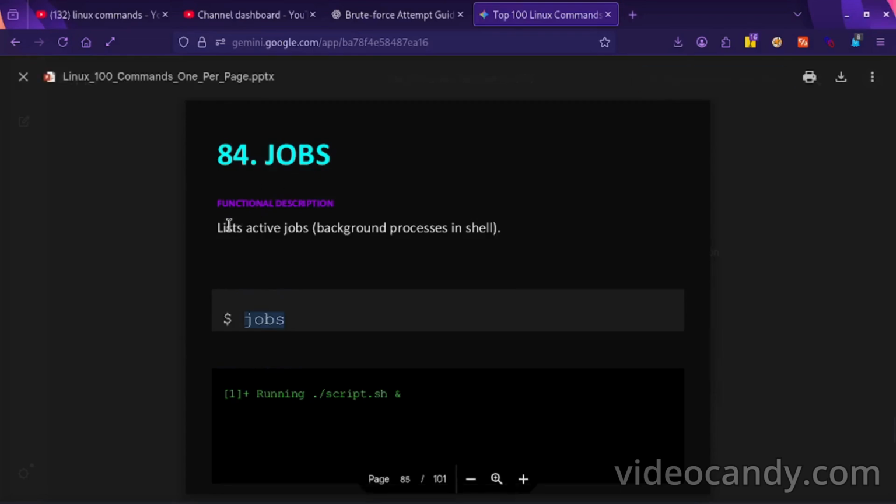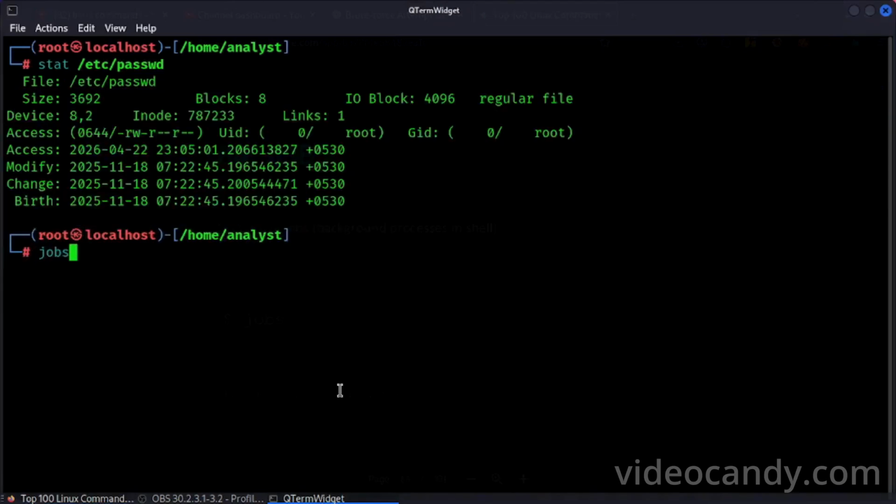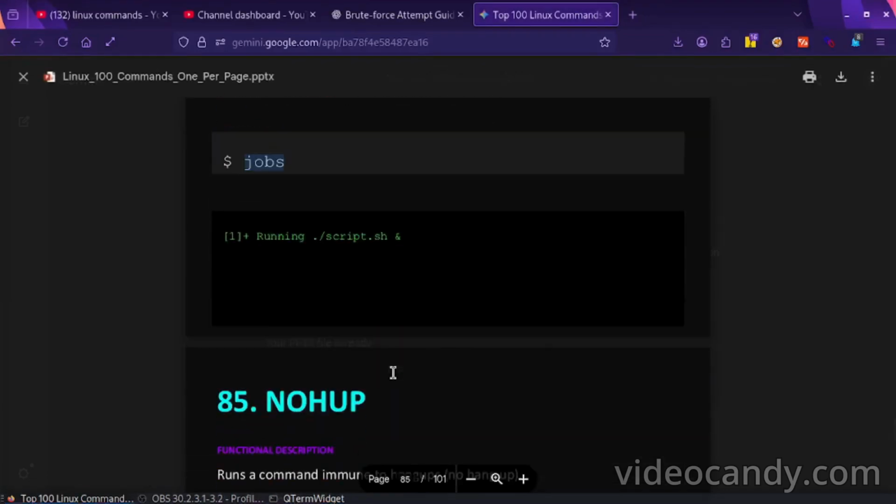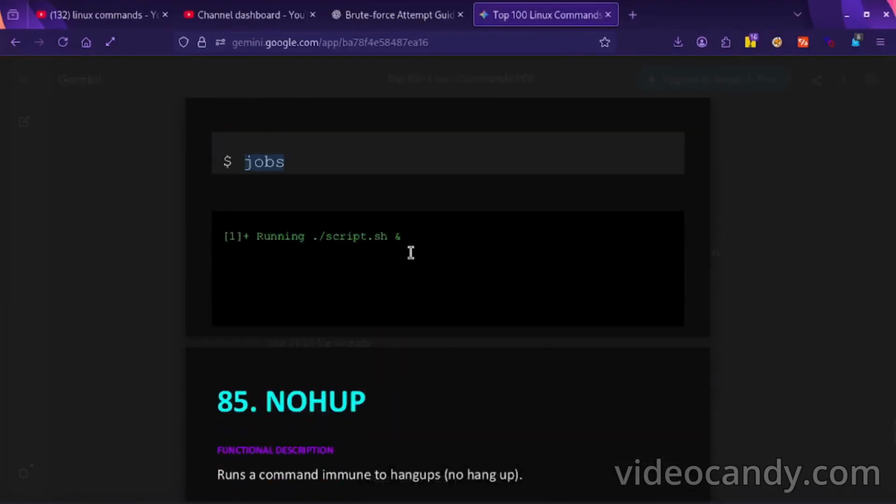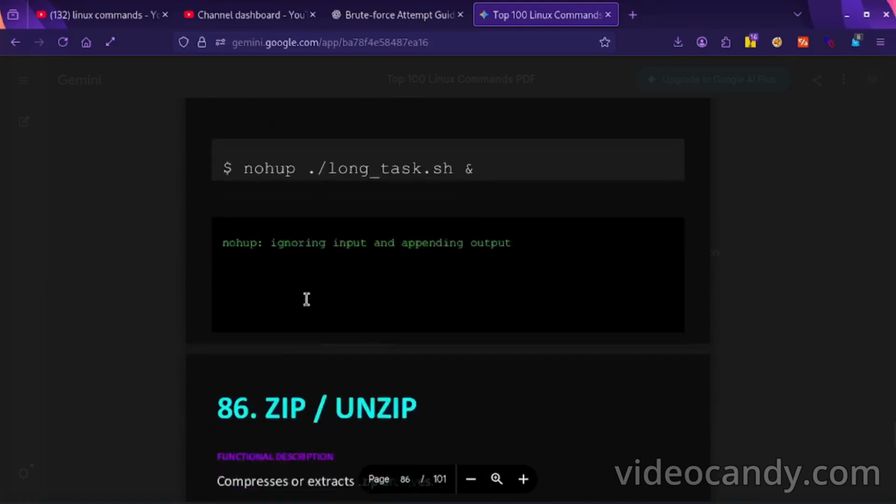So this is jobs: list active jobs, background processes in the shell. You can see we do not have any, since we are not running any script, so it is not showing anything.